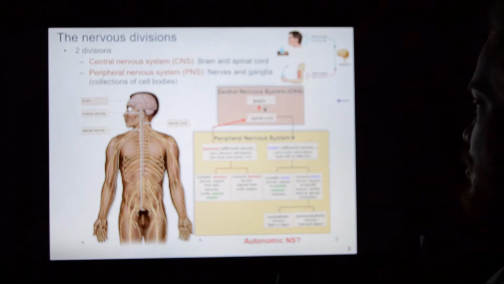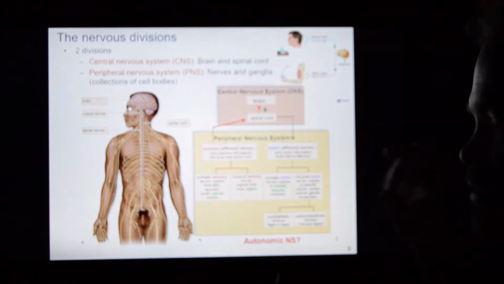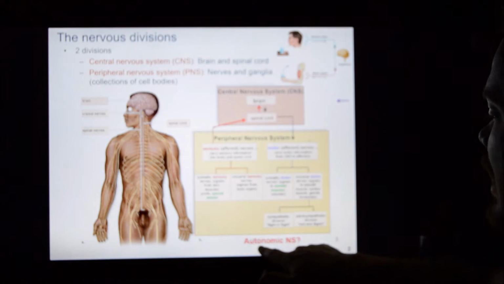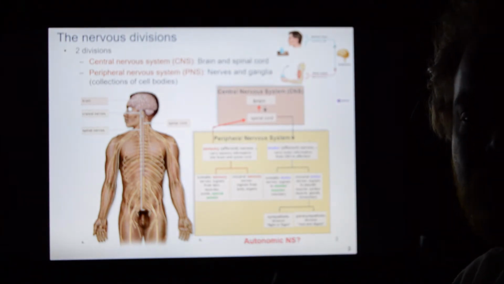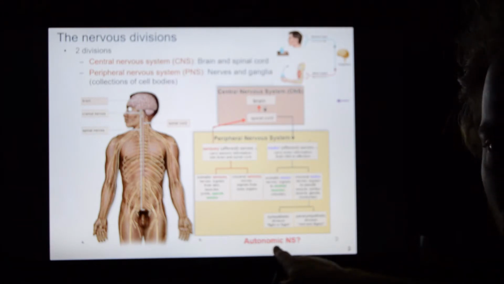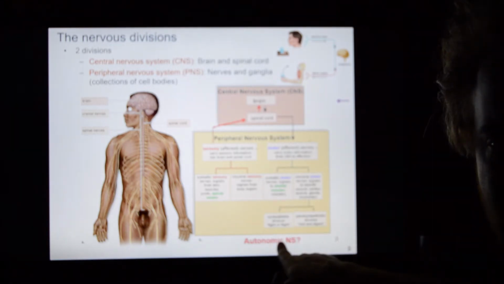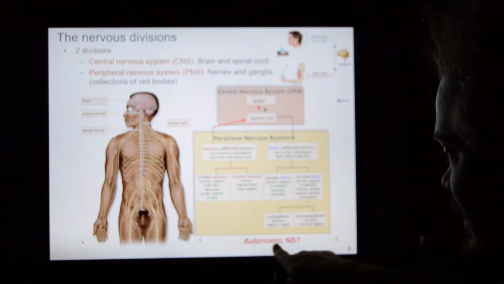And because visceral motor is so complicated compared to somatic motor, we apply a new term to it. We say that the visceral motor division is your autonomic nervous system. Autonomic: auto means self, nomos means governing, the self-governing system. This takes care of all homeostatic functions behind the scenes. Is your blood chemistry stable? That's the autonomic nervous system. How's your temperature regulation going? That's the autonomic nervous system.